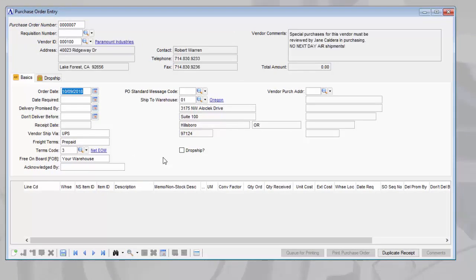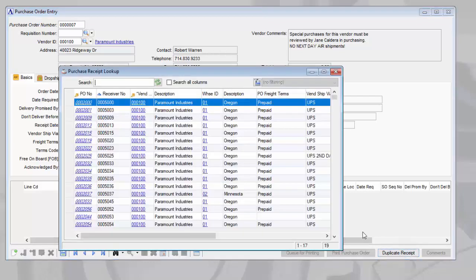With that field populated and tabbing out, the form fills with the default information for the vendor number we've entered. Notice that the duplicate receipt button is enabled, and that is the function we want to explore. Selecting the button launches the Purchase Receipt Lookup Grid, displaying the historical receivings from the vendor that we've entered on